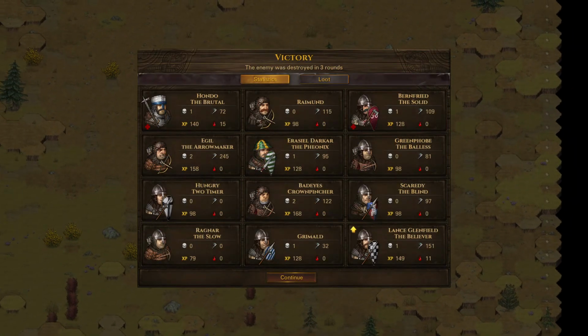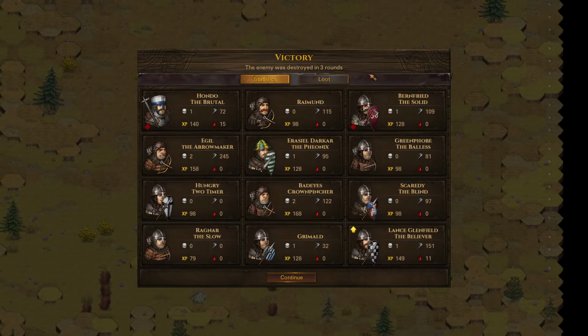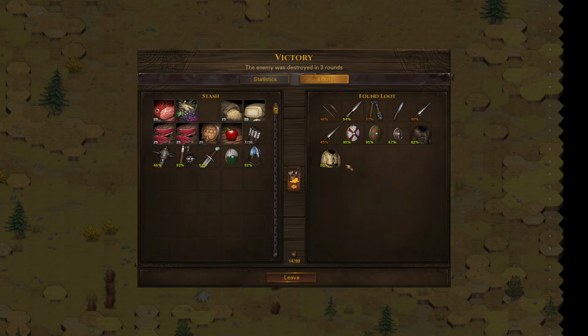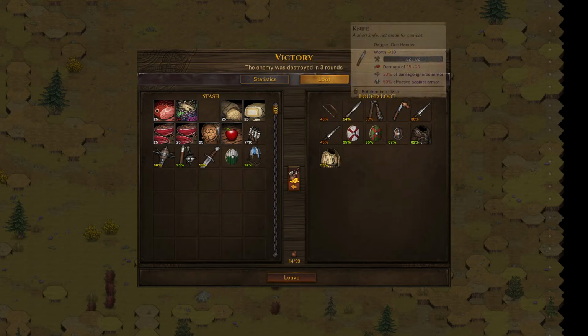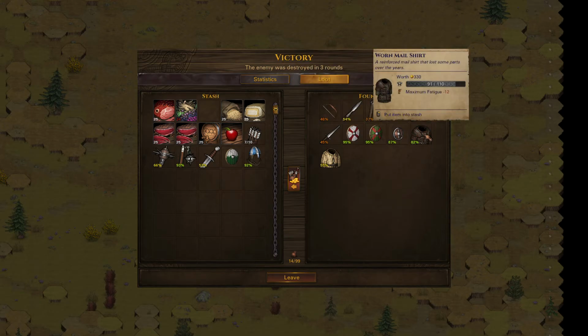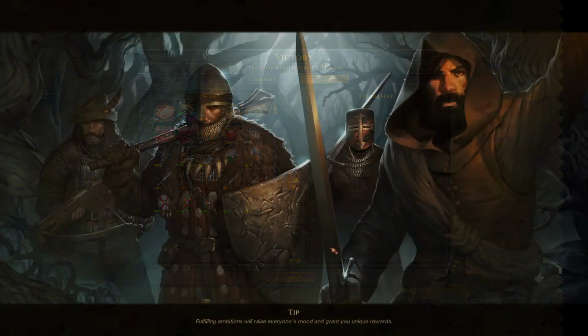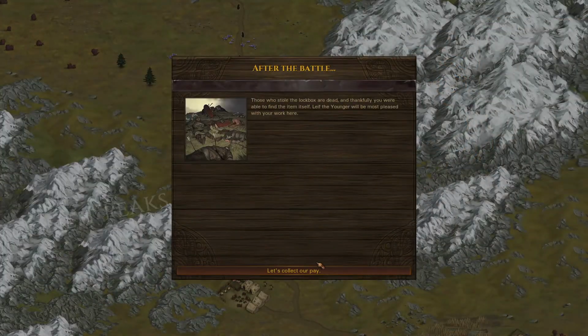And there we go. So clean fight. Very clean fight. We get another level on Lance. So Lance is coming up quite quickly thanks to that student perk. Grimold has got to be close to getting up there. We got 2 daggers and a worn mail shirt. I don't hate that at all. That's several upgrades for us. That's several things we needed. Anyway,